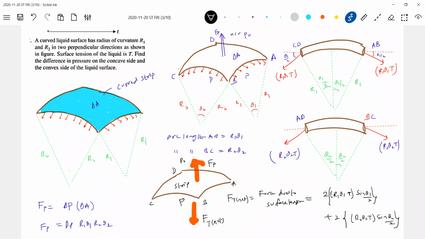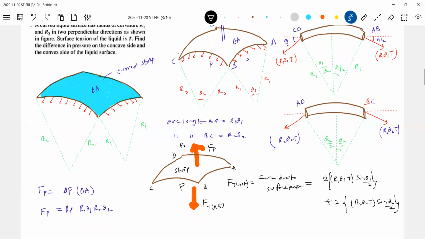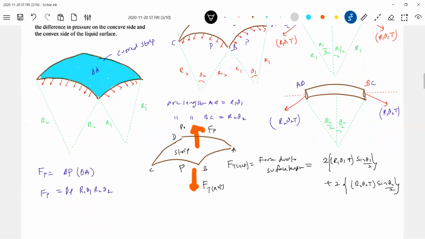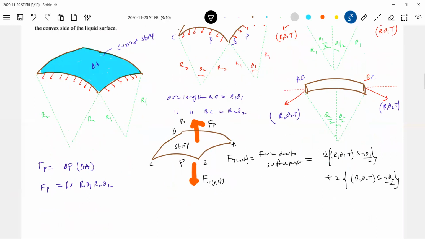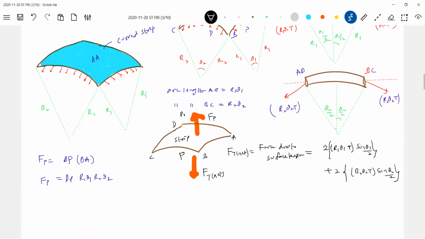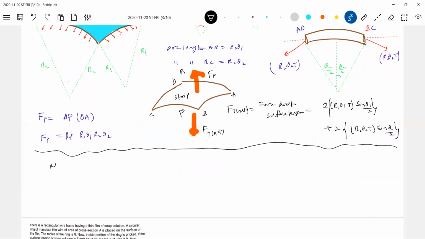Okay, now at equilibrium, what happens? These two forces I should equate. Then let me go for solving. This is at equilibrium. This is very important. Many numericals are related to this. That's why I picked it up here. So Fp is equal to Ft net. So delta P R1 R2 theta 1 theta 2. Already we have this. This should be equal to